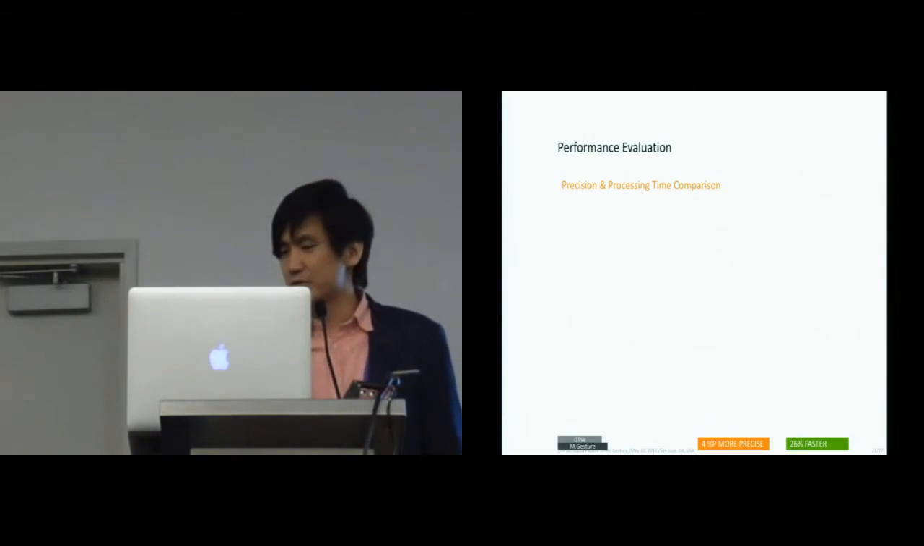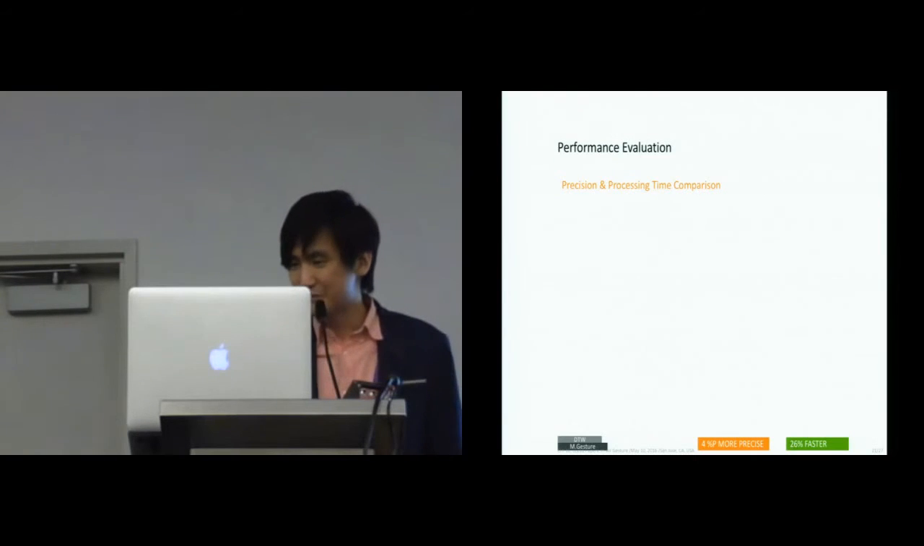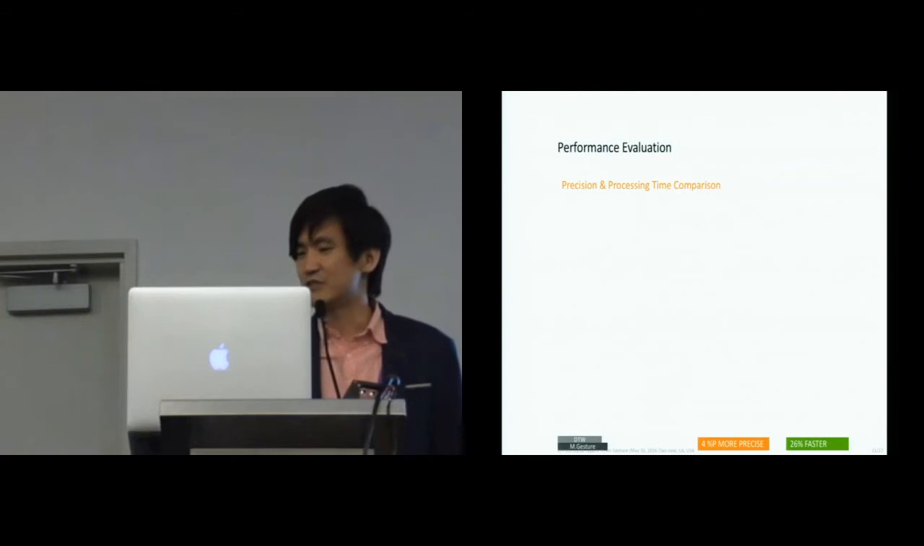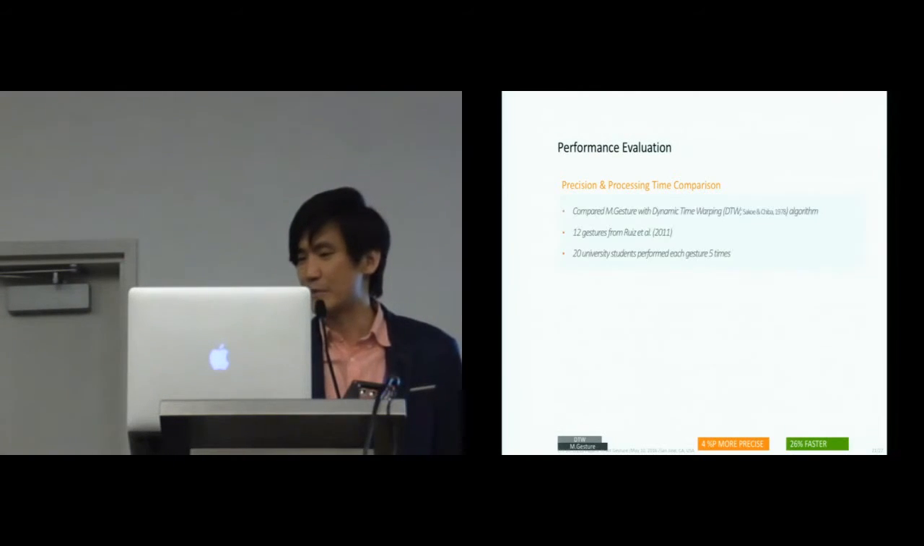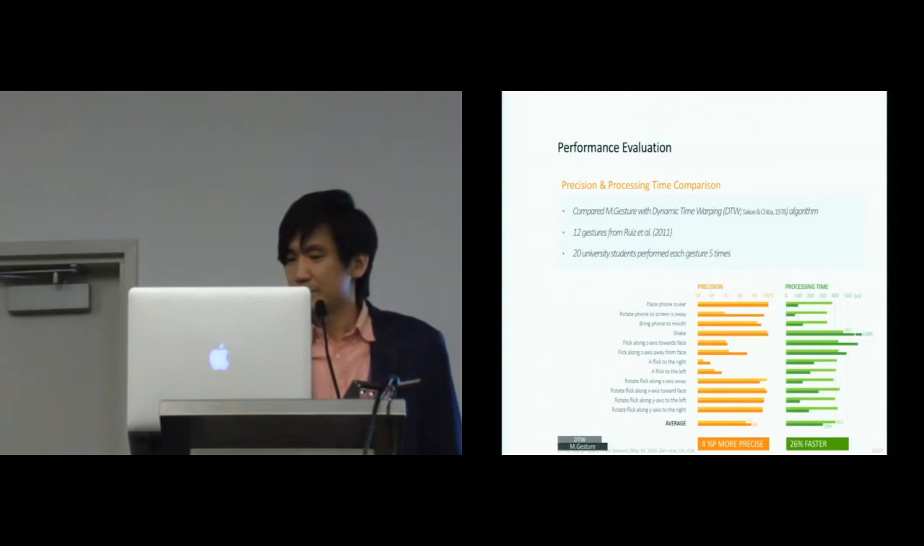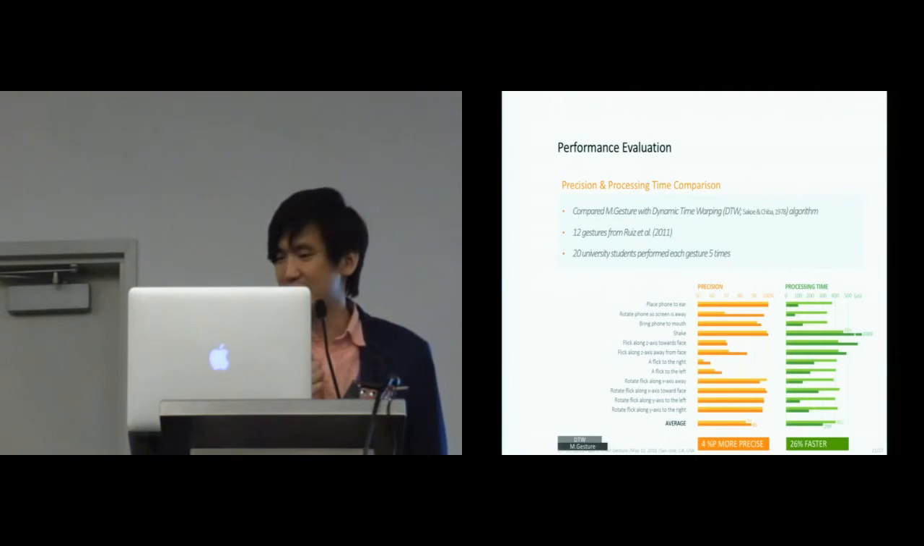To evaluate the precision and processing time of M.Gesture, we compared it with its original algorithm, dynamic time warping. We defined 12 gestures from a reference and recruited 20 participants to perform all gestures. In the graph, the top is dynamic time warping and the bottom is M.Gesture. As you can see, M.Gesture was 4 percentage points more accurate, more precise, and 26% faster than the original dynamic